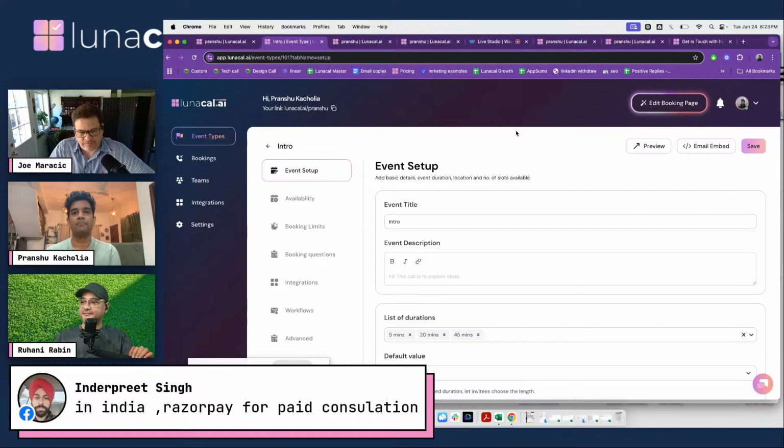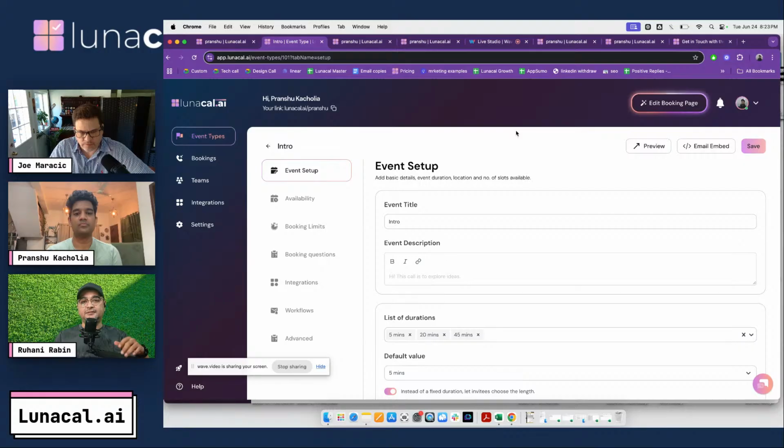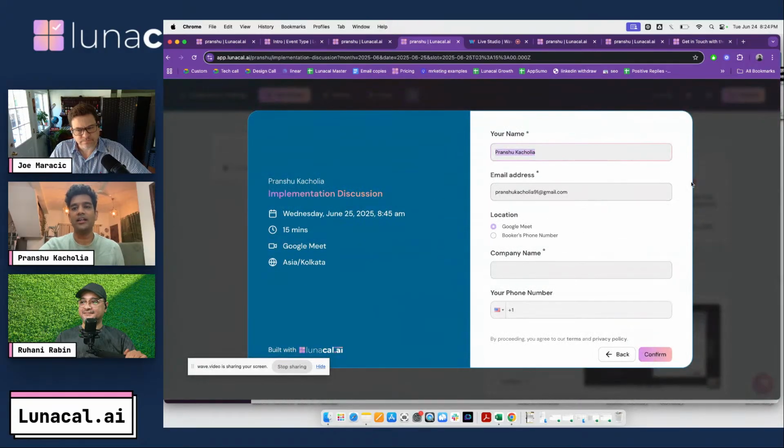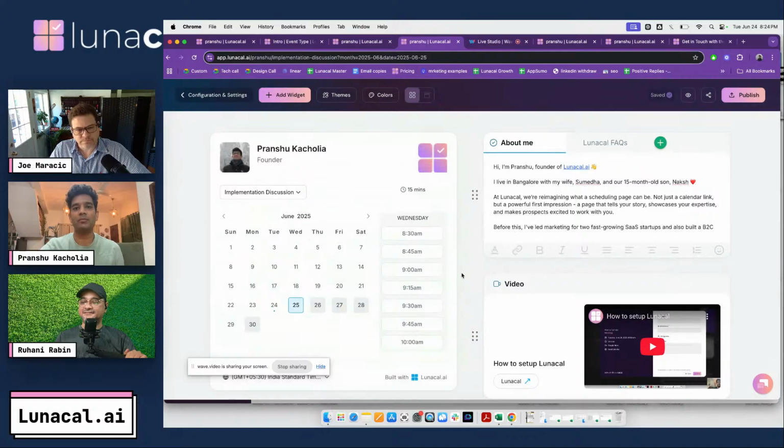In India, Razorpay for paid consultation. I think what he meant is that all the calendars will use Razorpay in India. So the consultation, like a consulting business. Yeah, so the use case is essentially paid bookings, right? I have a friend whose sister is a psychiatrist and she uses LunaCal. She also wants me to integrate with Razorpay, because whenever people are booking time,